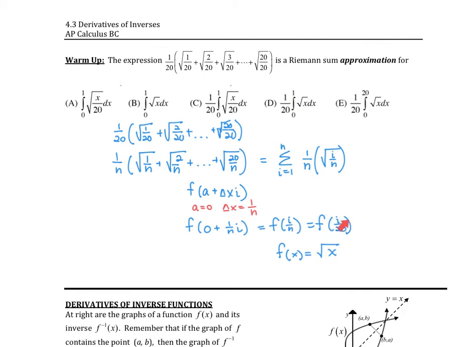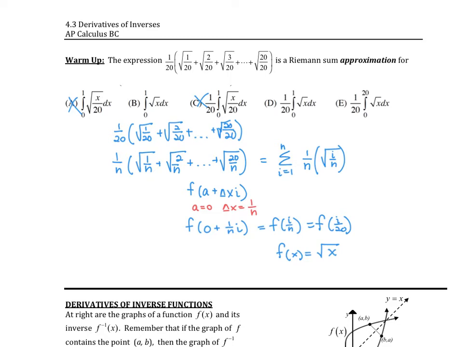Because each time I'm taking i over 20 into the function, and each of these functions is the square root, and then I'm plugging in i over 20, i over 20, i over 20, for up to all the number of terms. Okay, so using that as a guide, I can eliminate problem A. I can eliminate C, but then that leaves me with 2 that I'm not quite sure about. Well, I need to then look at my bounds of integration, which are going to rule out